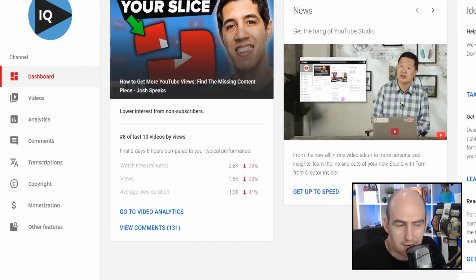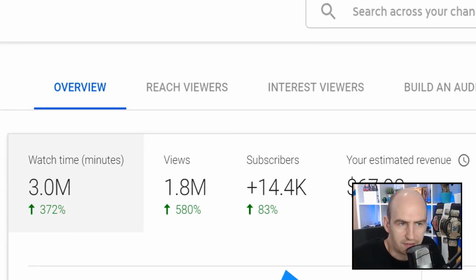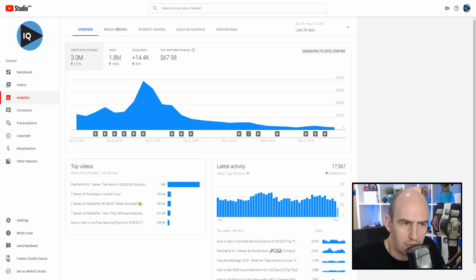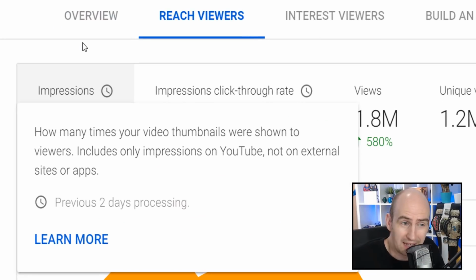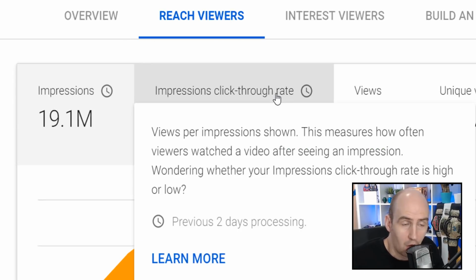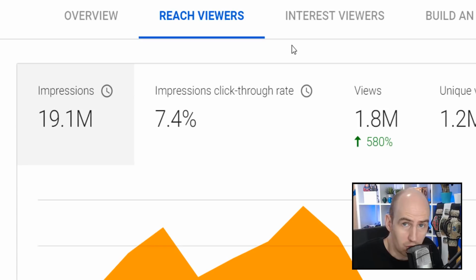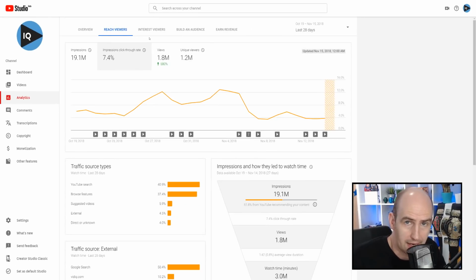With that in mind, in the Creator Beta Studio from the dashboard, you want to click on Analytics. You'll see a range of tabs at the top here for your channel analytics and you want to click on Reach Viewer and this will show you the impressions, so that's how many times a thumbnail is seen, and then the click-through rate, how many times somebody's actually clicked on one of those titles or thumbnails to watch one of your videos. If you click on the click-through rate panel, that will show you the click-through rate over the last